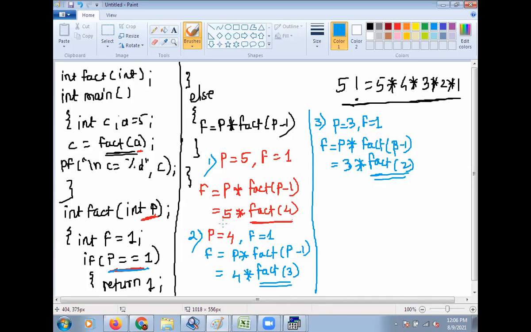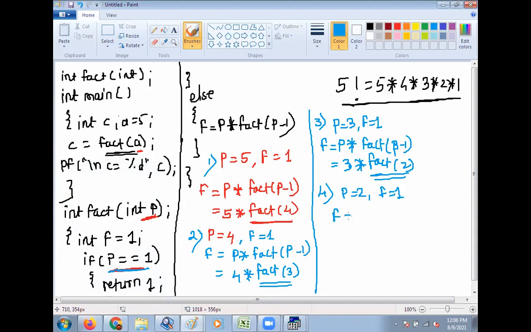Then at the fourth step, here p is equal to 2, f is equal to 1. Then check, 2 is equal to 1? This becomes false.